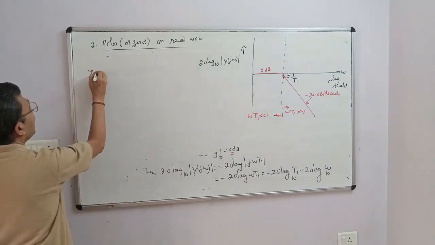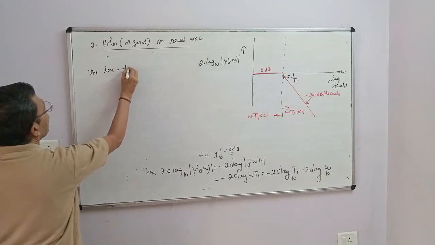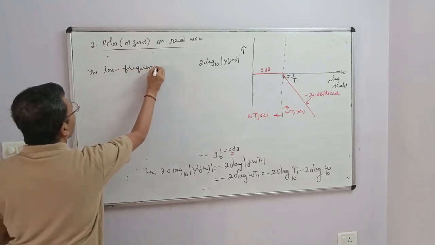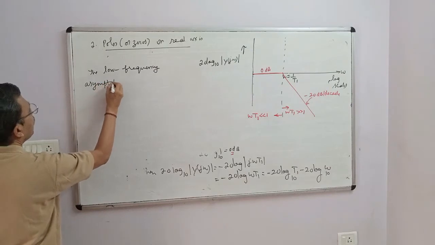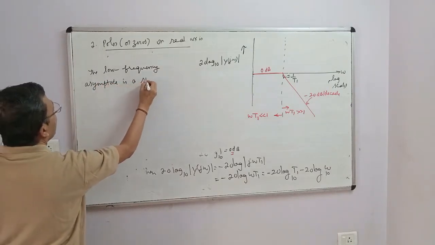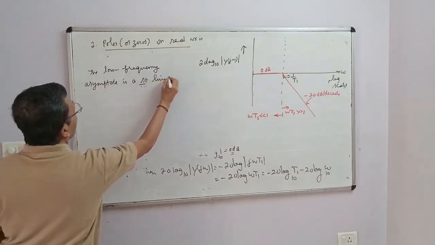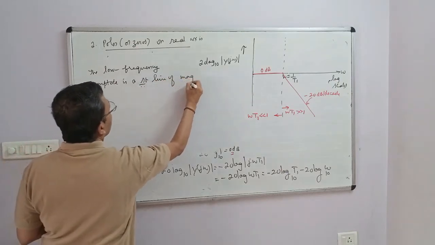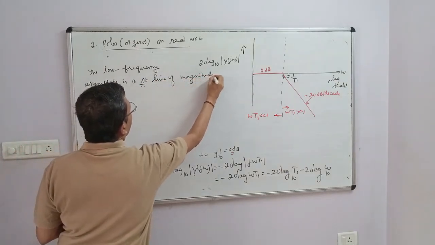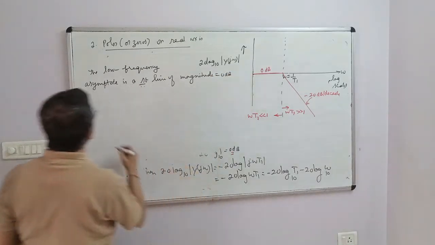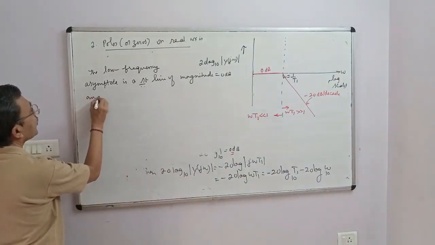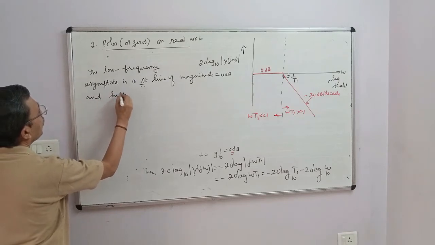The low frequency asymptote is a straight line of magnitude equal to 0 dB. Okay, and high frequency asymptote,